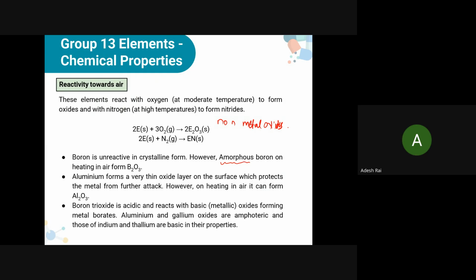What is the nature of non-metal oxides? Acidic or basic? Acidic. Look here, boron trioxide is acidic, so it means non-metal oxides are acidic. Okay,